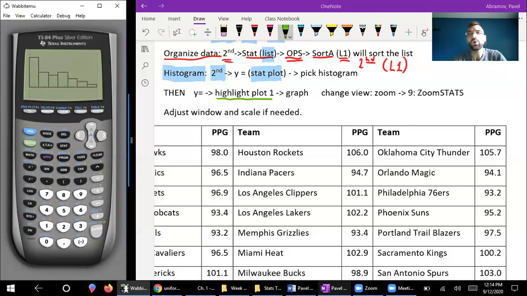Okay. Now, if we press the trace button, it gives us certain criteria there. It says that my first bar, the width of it, is from 93.2 points to 95.35 points. It also says n equals 10, that means that there are 10 teams